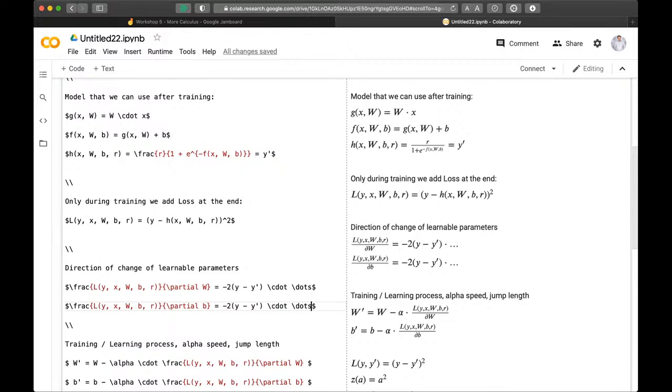So the multiplication means that we need to multiply with the next function in the graph. It's a chain rule basically. The y prim here is actually the output of h function. I don't want to enter here the whole large equation of h, so I'm just using what we have here, the description of y prim. So that's cool. Then we'll need the derivative of h with regards to weight and bias, but as I